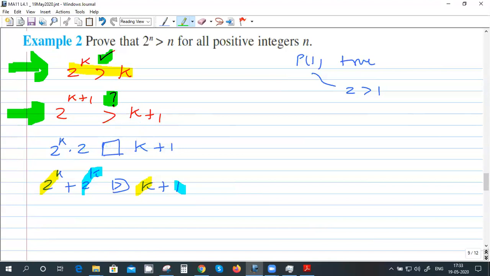To relate these two, I just put a box. What I want to fill in the box, I'll just fill it. When you want to relate two things, just put a box in between them. This 2 I can split as 2 raised to the power k and 2 raised to the power k. Right hand side, just keep it like this. From the kth statement, I know the first term is greater than the first term on the right side. And the second term is greater than the second term on the right side because all are positive integers. The minimum positive integer is 1, and 2 raised to the power 1 is 2, which is greater than the second term.